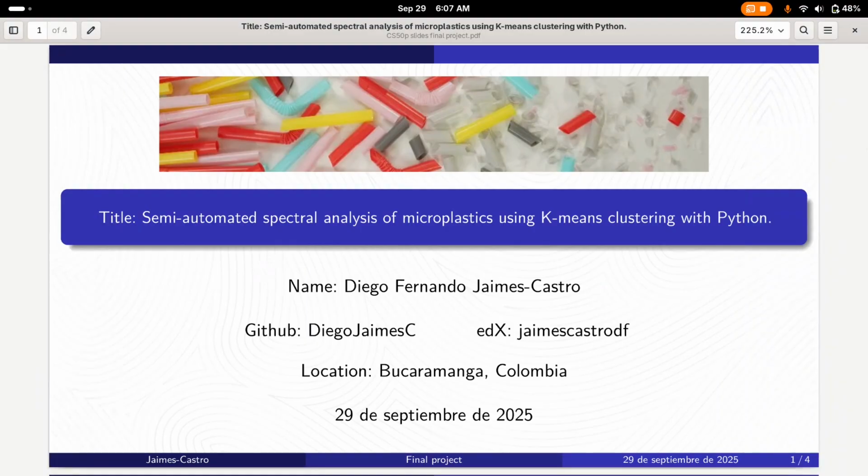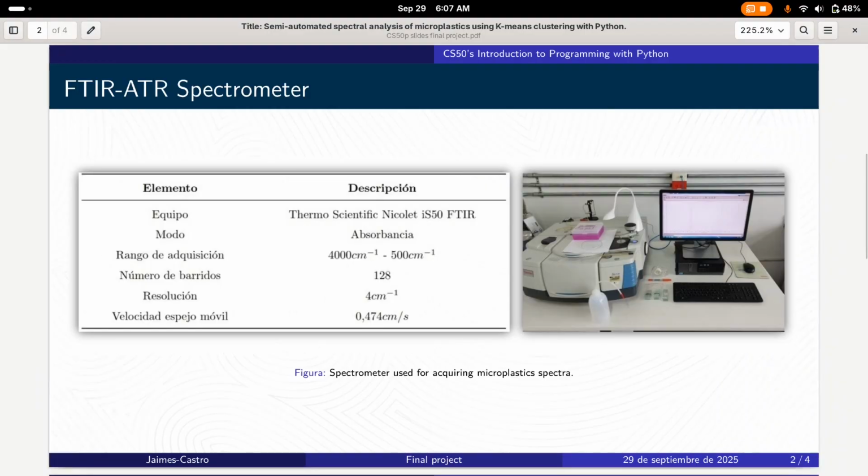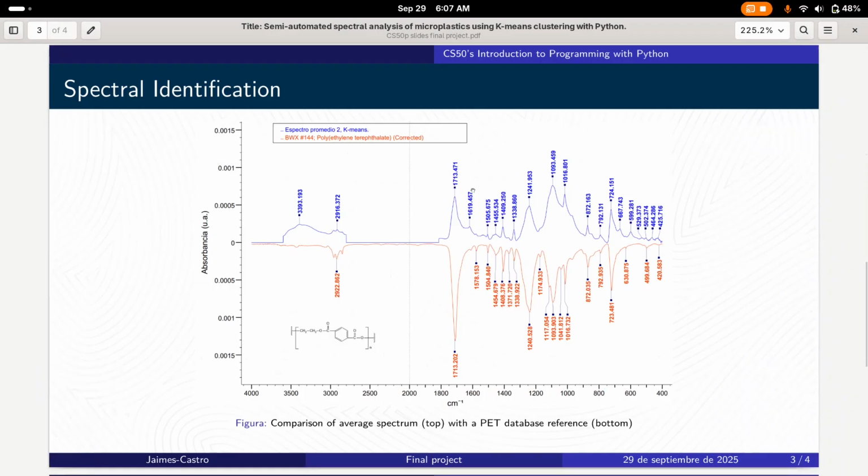In a field like environmental science, working with large data sets is common. My project specifically focuses on analyzing a dataset with over 800 spectra from microplastic samples collected using a spectrometer like this one. Traditionally, an expert would take the spectrum from an unknown sample, like this one, the blue on top, and manually compare it against a large dataset of known materials, like this one, the red one, for PET plastic,